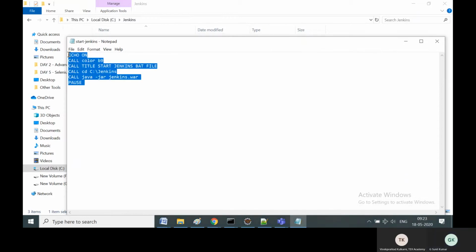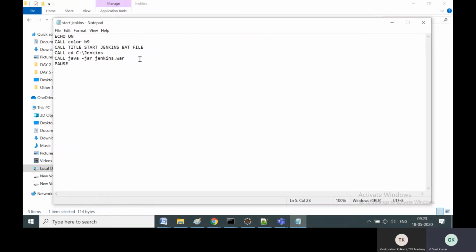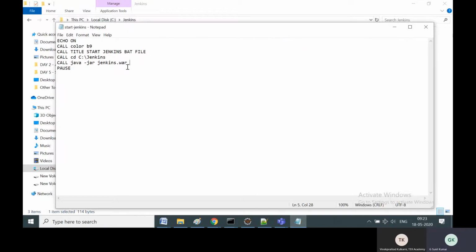So here I am starting with the default port 80. If you want to change the port, you can add an additional command, HTTP port, and then put a different port if the port is not available. That you can Google and find out. So it's just one HTTP port, and then you add the newer port. For now it is going to run on the default port 80.